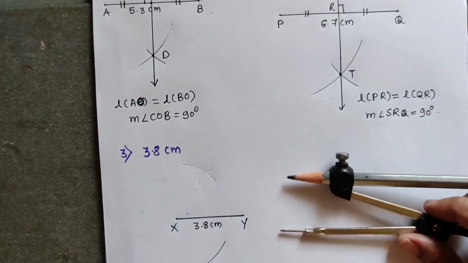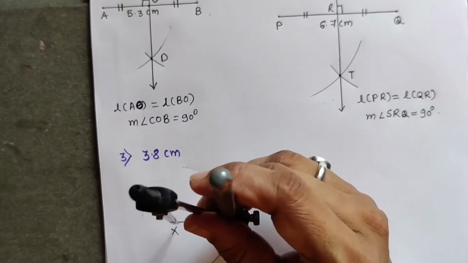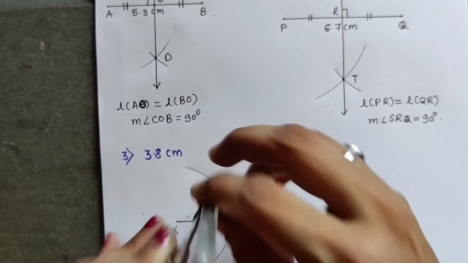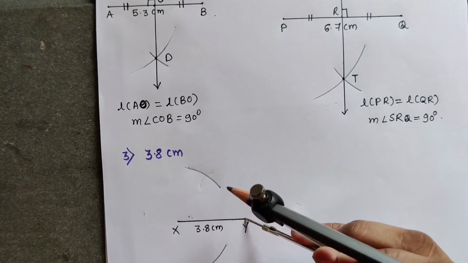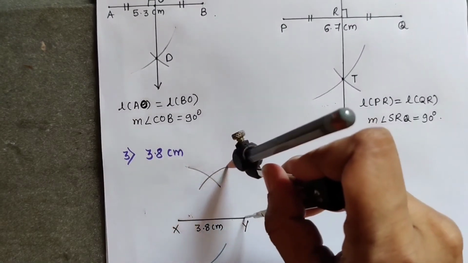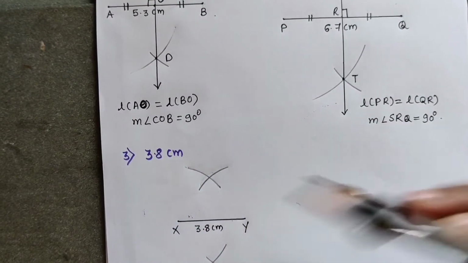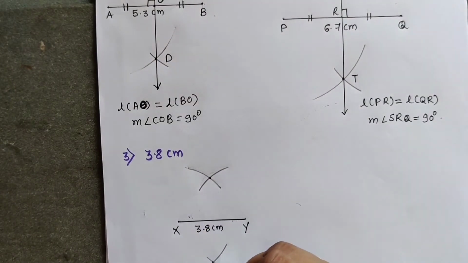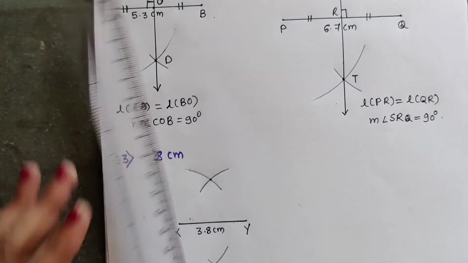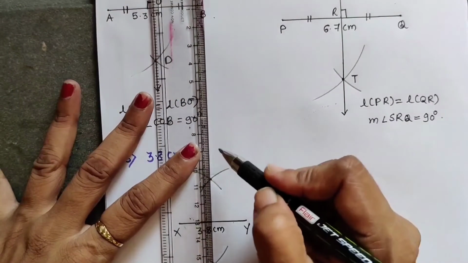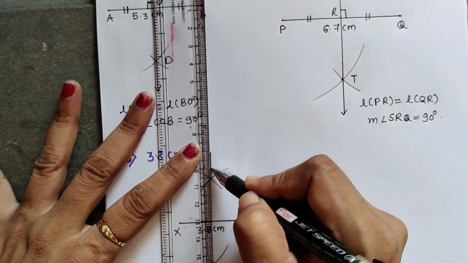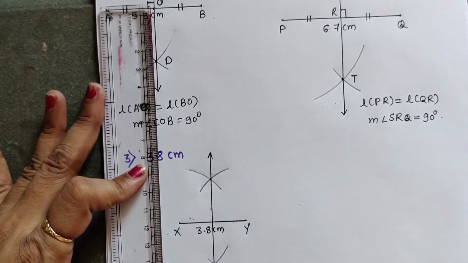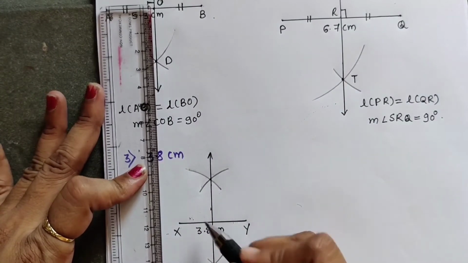Once again I will be drawing because it was a little shaky. Now let us see again. From point X I am drawing one arc. Now from point Y I will be drawing the other arc which intersects the first arc below also. In this way we have got 2 points. Make them a little dark so we can draw our line properly by using the ruler. So in this way we can draw a perpendicular bisector.